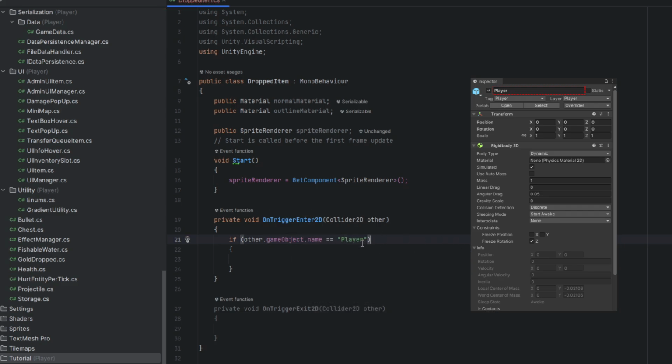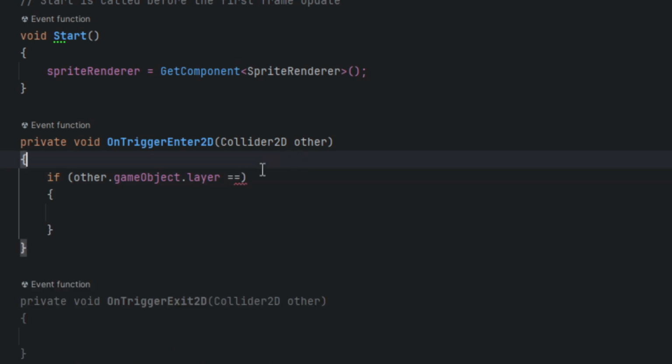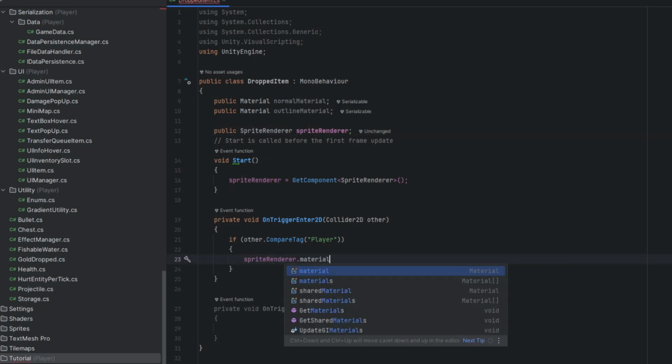You can do it through the name, through the tag, or through the layer, but the layer is in integers, so you will need to use this function. You can see here LayerMask.NameToLayer player. I prefer using the tag, so just CompareTag player,